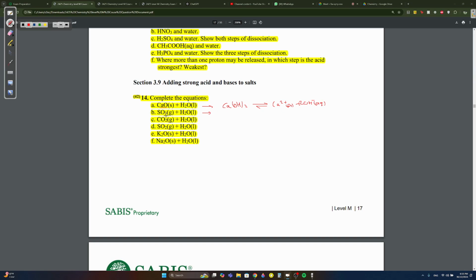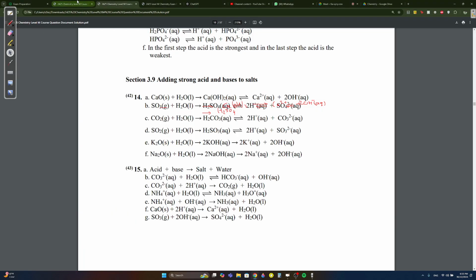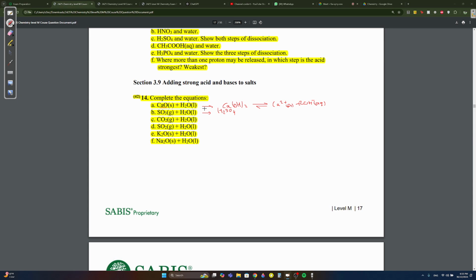SO3 plus H2O. What acid do you get when you add SO3? H2SO4, right? And then write the state symbol. Okay, and then do they write 2 dissociations or do they write 1 complete one? Yeah, they write it. Here, H2SO4, if you were to write it as 1 complete dissociation,